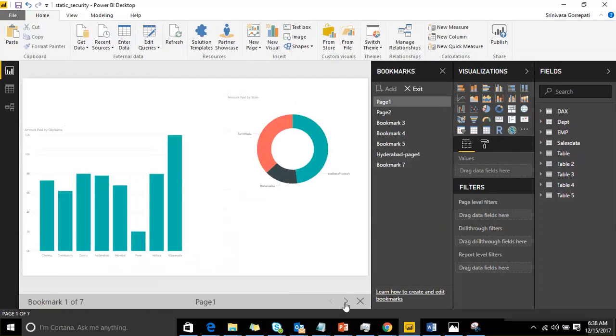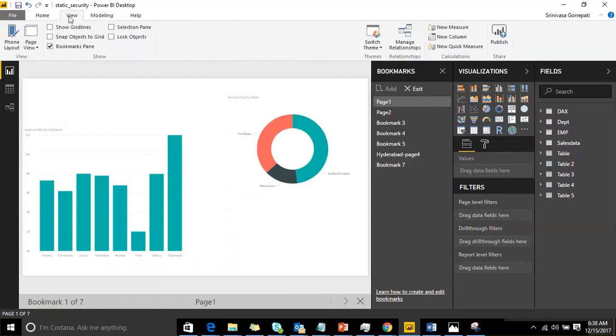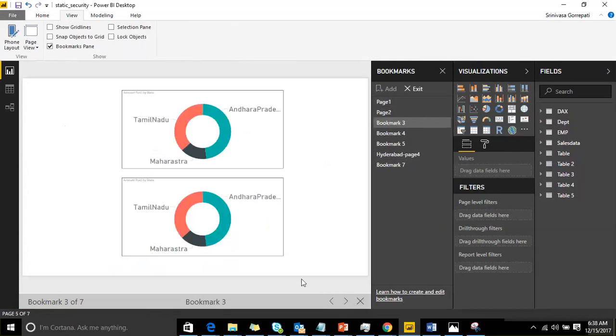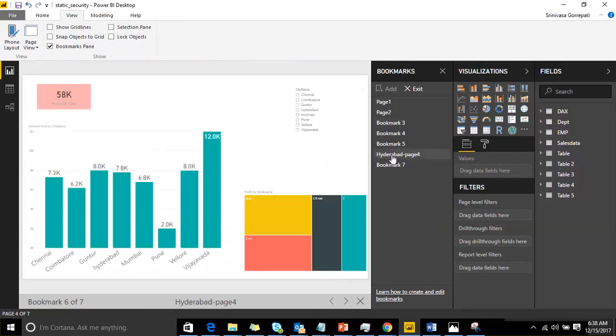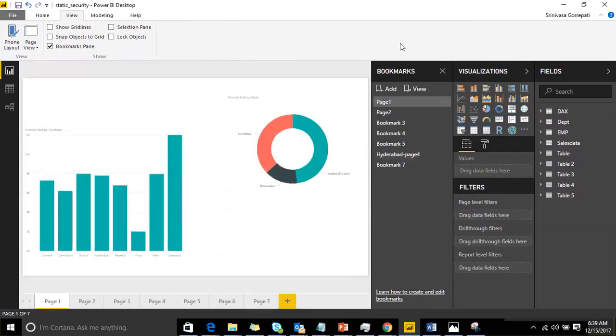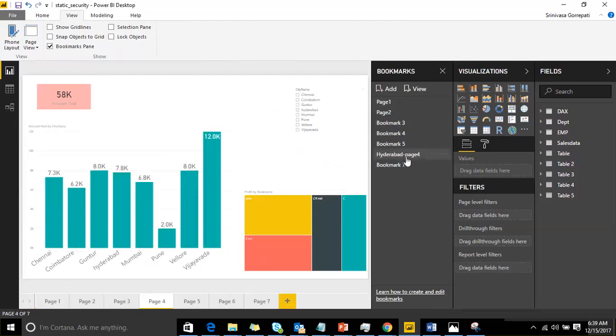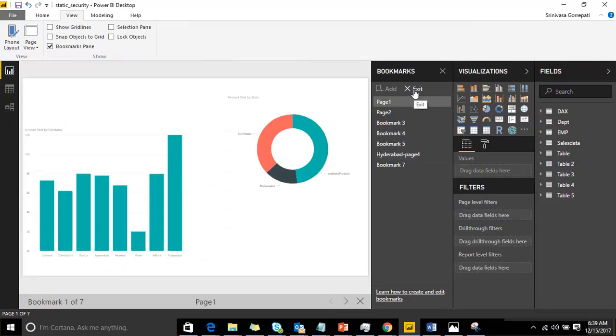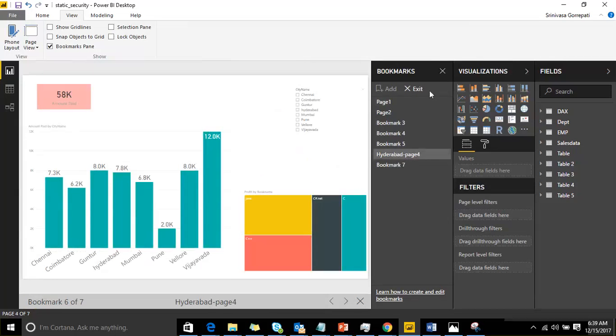Hey Srinivas, I think you have to click on view. There is a view option there. If you click on view, I think it will show. Where is it? Click on this Hyderabad page 4. Okay. Previously, click on this exit, next to add there is exit. Yeah, now click on this view. I think it will show. Add view, in the bookmark tab only, add, then view is there. Yeah, next to add. Yes, this one. Uh-huh. Is not that one. So okay. As part of view only I showcased Hyderabad page 4, right?